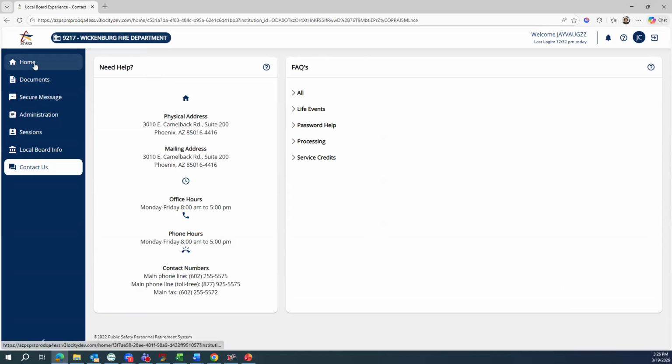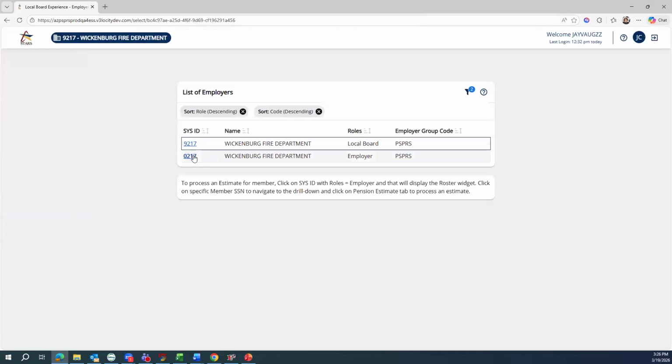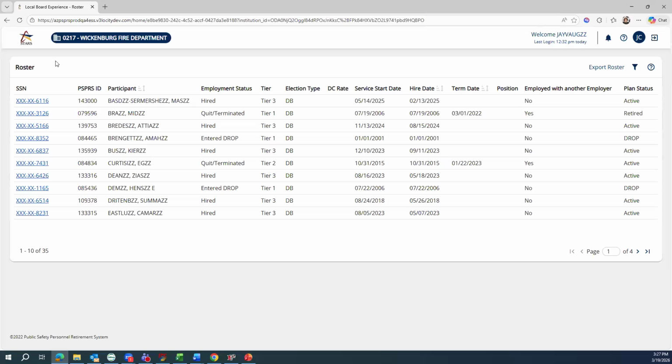Now, one of the things that the local board can do is run an estimate for a member regarding a retirement estimate. So here on this page, the message is to process an estimate for a member. Click on SysID with roles equaling the employer, and that will display the roster widget. Click on a specific member SSN to navigate to the drill down and click on Pension Estimate tab to process an estimate. So we're going to go here to the employer side of things, and it does provide the roster